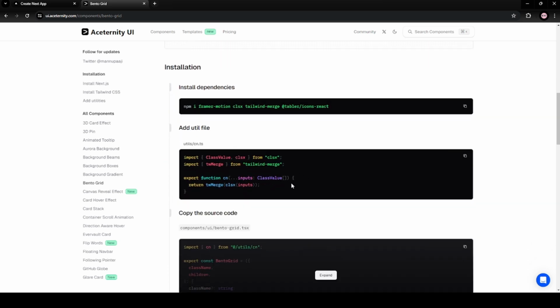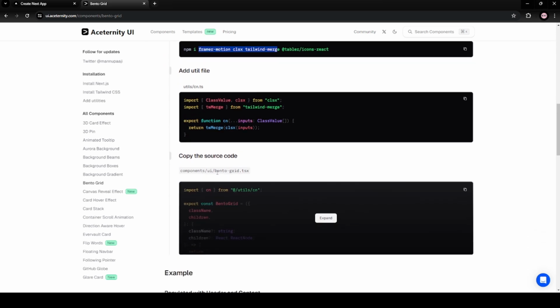So in my Bento Grid, you can see they're giving me some dependencies to install. And it's the same thing over and over again. And you can see something new is here. This we have to install again, because these all we have installed before. But this is something new. So I'm going to install this. So let me go to my VS Code.